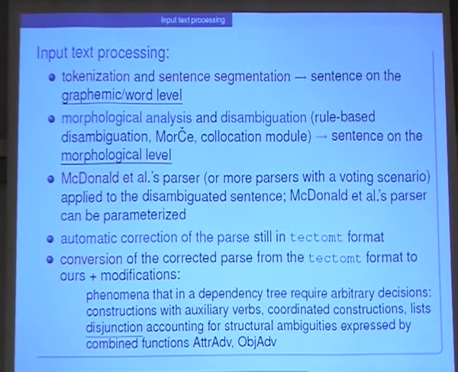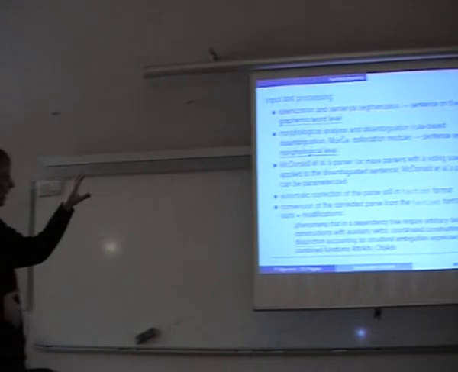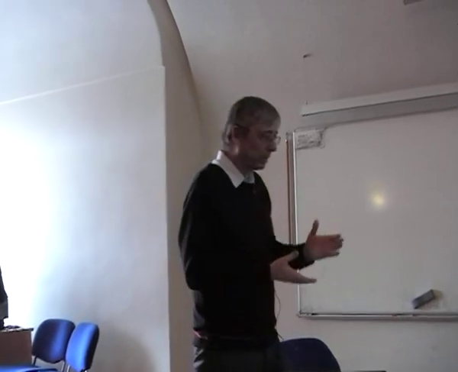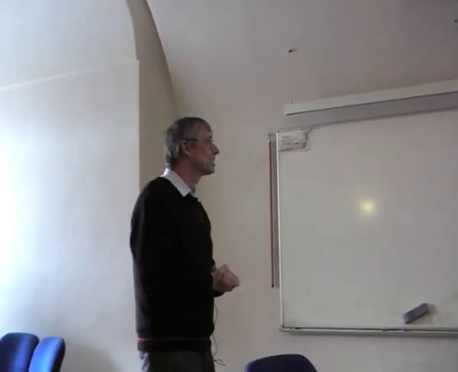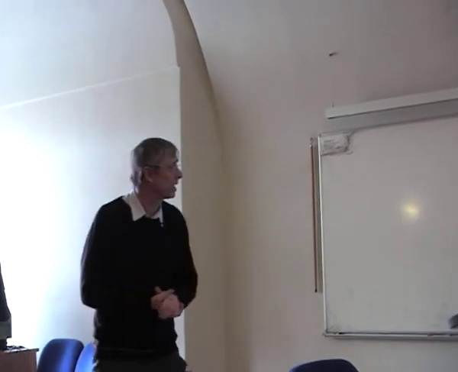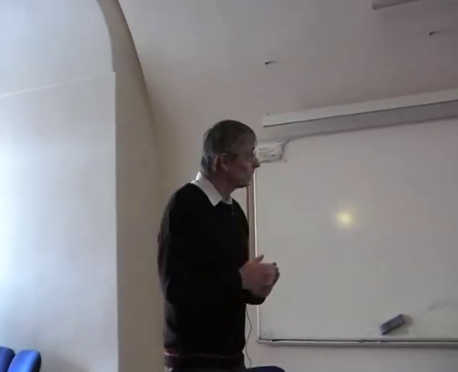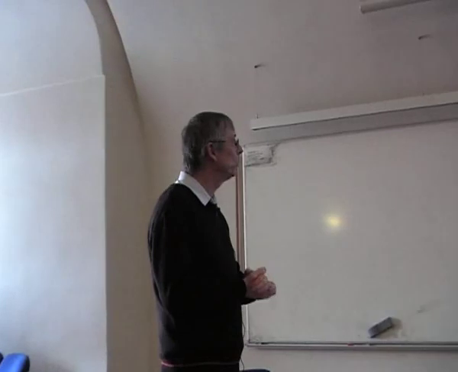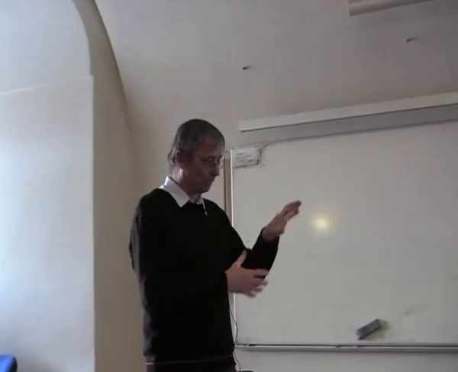Then comes the MacDonald parser. We can use other parsers, or we can simply use them with a voting scenario. This parser is applied, or these parsers are applied, to the disambiguated sentence. We hope, and I think it's the case, that this parser can be parameterized. Then it's a very important part or asset of our approach. We view it this way. This is an automatic correction of the parse. So the result of the parser